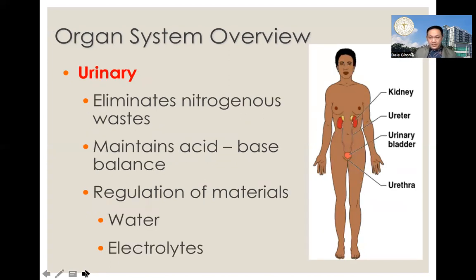Urinary system. It eliminates nitrogenous waste products. It also maintains acid-base balance. It regulates materials such as your water and your electrolytes. From this picture on the right side of the screen, the organs involved are your kidneys, your ureters, your urinary bladder, and the urethra. Guys, we have two kidneys, two ureters, and one urinary bladder,